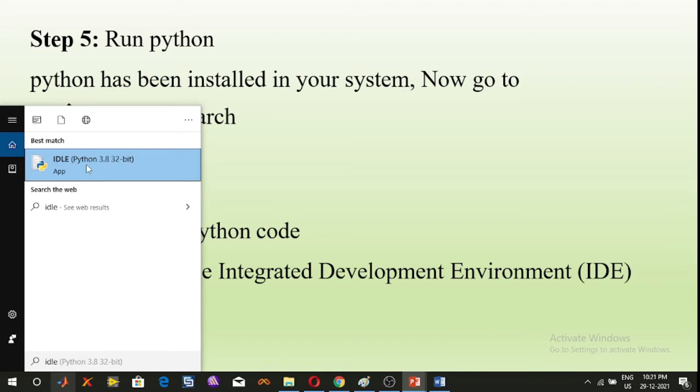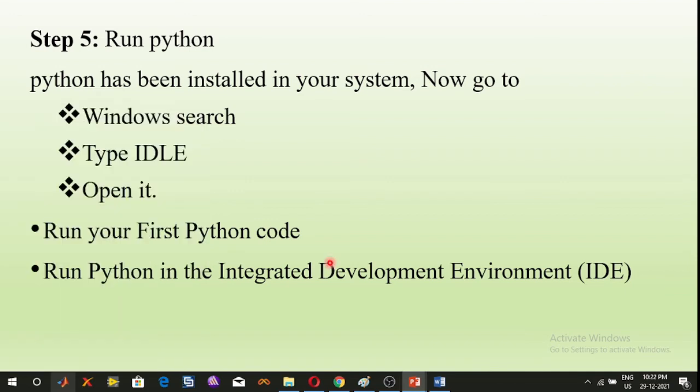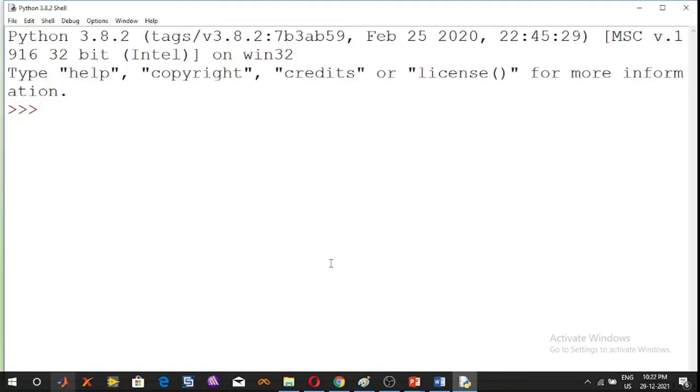So Python IDLE 32-bit. Click on IDLE Python 32-bit. So run Python in the integrated development environment, and the previous one is interactive mode, that is the command prompt, command line, and this is the integrated development environment.